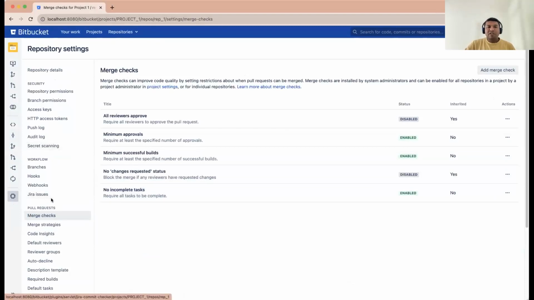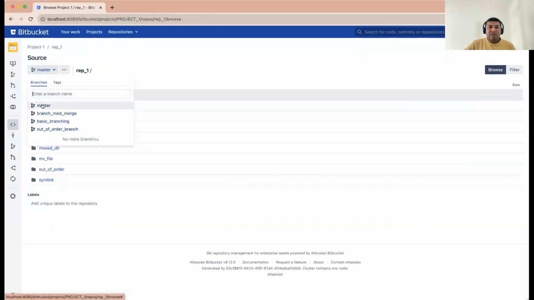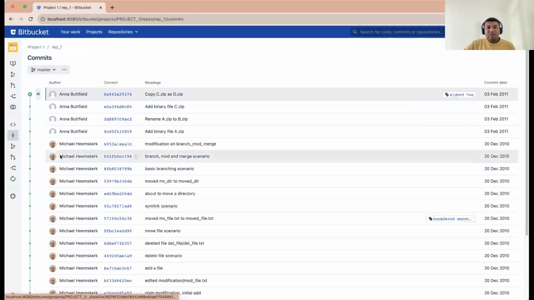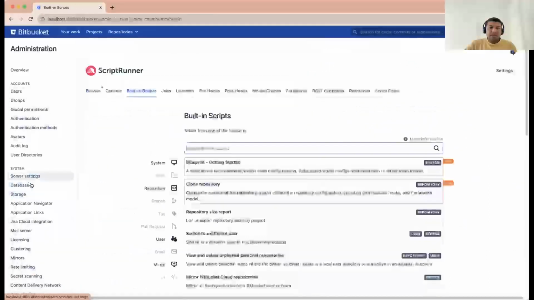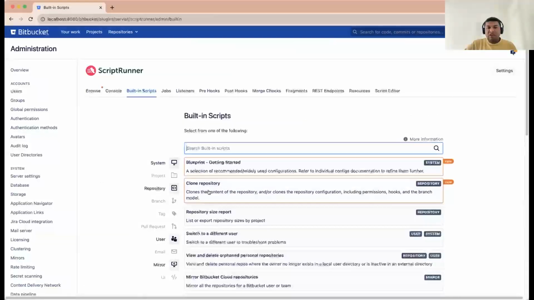So we already had a feature where you could clone the repository. So you can create a new repository, and that would copy the configuration into the new repository. What we have now added is that we can also copy the content of the repository. So the branches of the repository along with its tags, and you can choose whether you want to preserve or get rid of the commit history for the source repository. So I'll quickly go to where it lies. So you can go to ScriptRunner, built-in scripts in ScriptRunner,